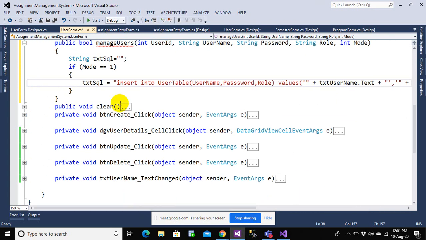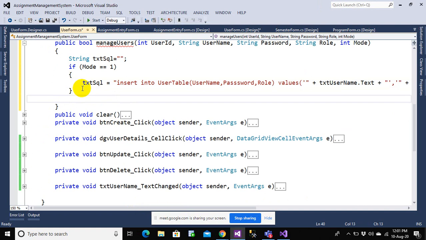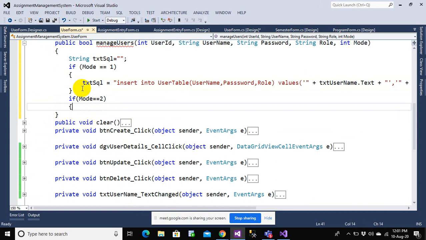Similarly, I can check for the other one. If mode double equals 2, then I want to make an update operation.